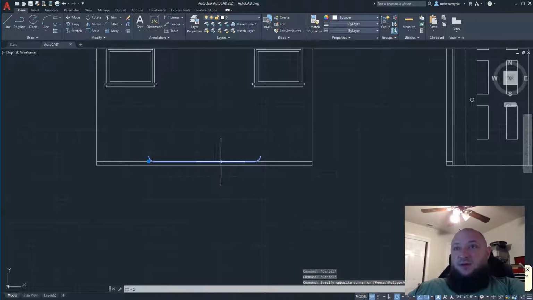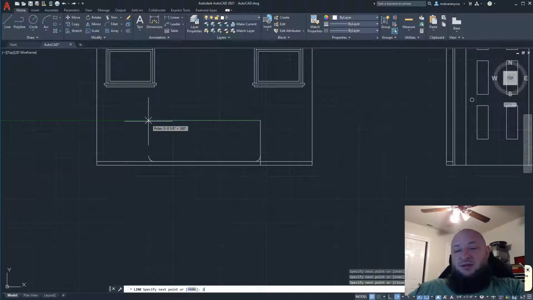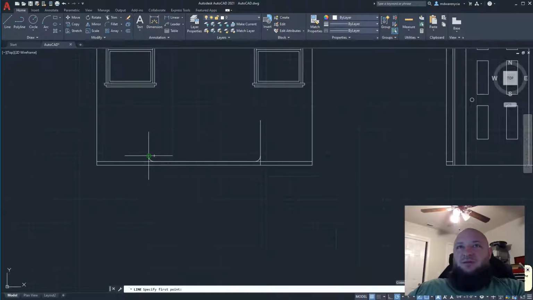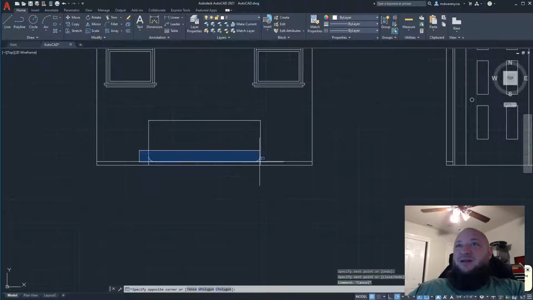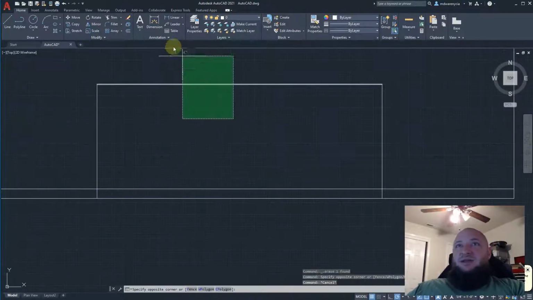This little set right here is going to give me the left and right. We'll go up 2 feet. Nope, that was 2 inches. 2 feet. Over 2 feet. That's 2 inches again. Oh, right, we're going up now. 2 feet. Okay. That also wasn't right. Okay. So we can get rid of this line now. We have the width of our bed. I can offset this